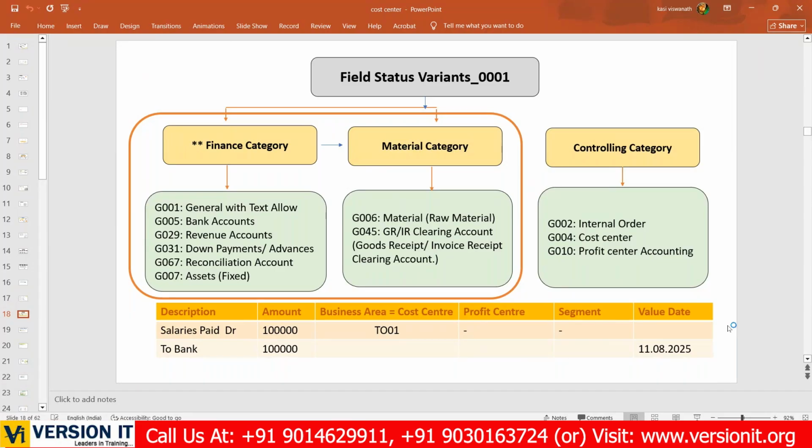99% of, especially institution people, they said finance is enough to get a job, for only finance, SAP nothing to do. The SAP main importance is controlling. And the company heart is finance. The finance heart is controlling.